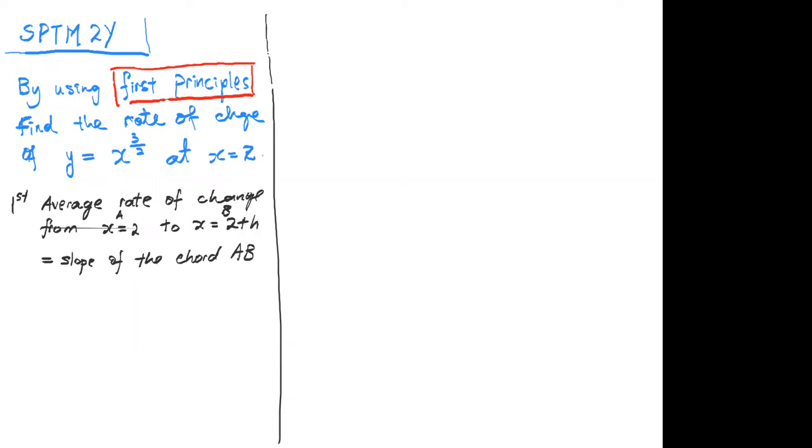If you are able to do this part, you will get 1 mark already. So it's just a matter of substituting in. Do you get me? So when I start my answer, I will do it like that. Point A. This is the first thing that you have to do so that you can at least get 1 mark. My x is equal to 2, so my y will be equal to